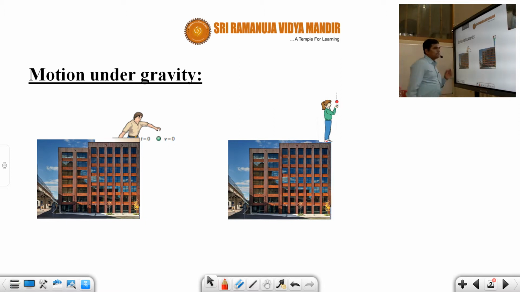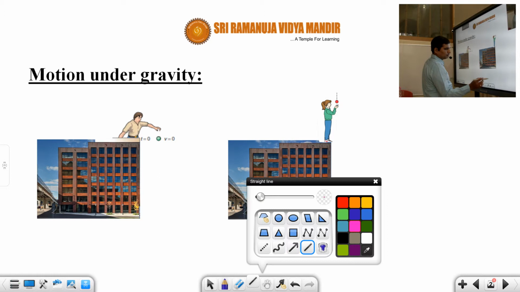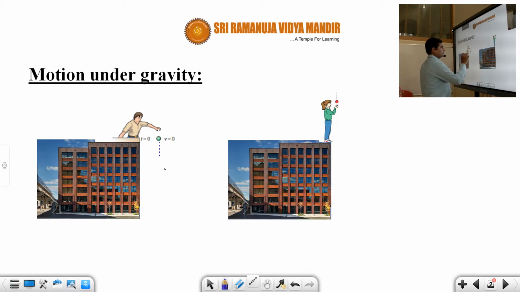Students, we all experience what happens when we drop a ball or project a ball vertically upwards. Here you can see on the slide. Suppose in the first slide you drop a ball from a building. What is our experience? Will it go down or will it go upwards? Obviously it will go downwards like this, correct or not, students? It will fall onto the ground.